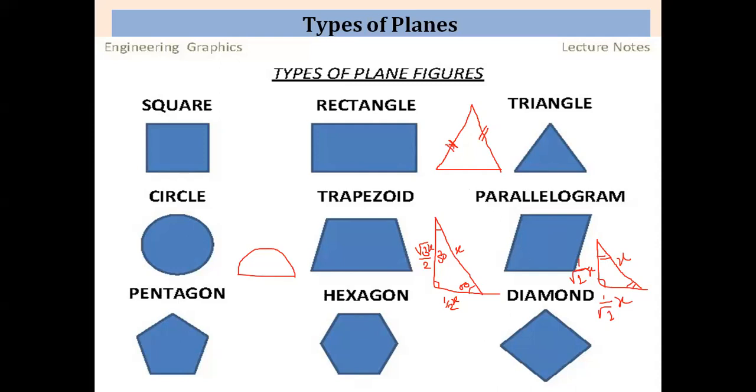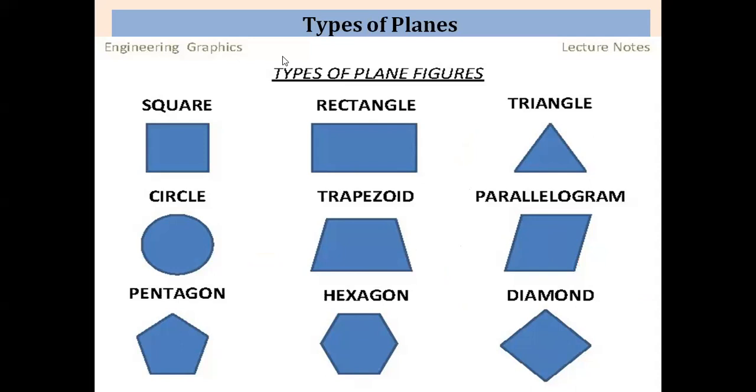Next. This is required in this chapter: types of planes. What word will be used instead of plane in this chapter? Lamina. Surface. Lamina, surface and plane, all words are the same. You should remember this, because many times the word plane is not used in the problem statement. Sometimes surface, sometimes lamina, etc.